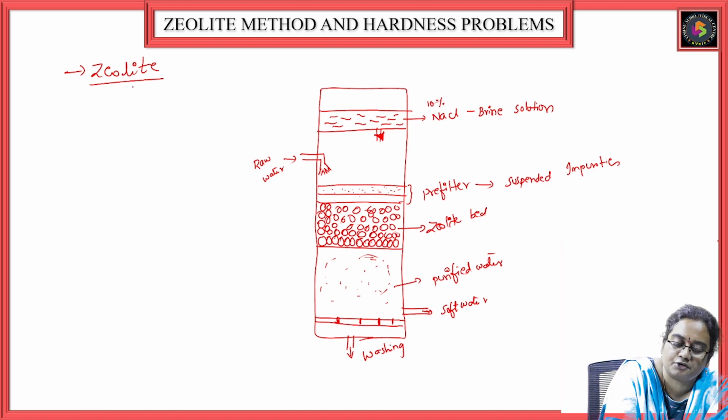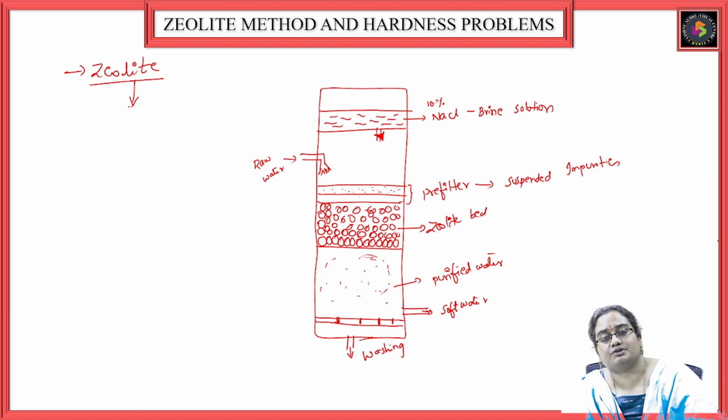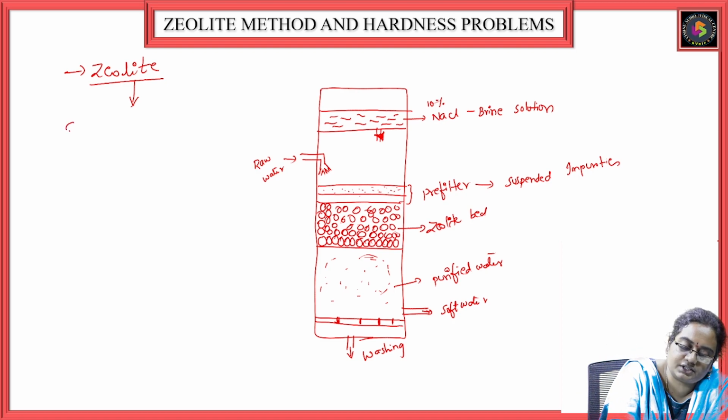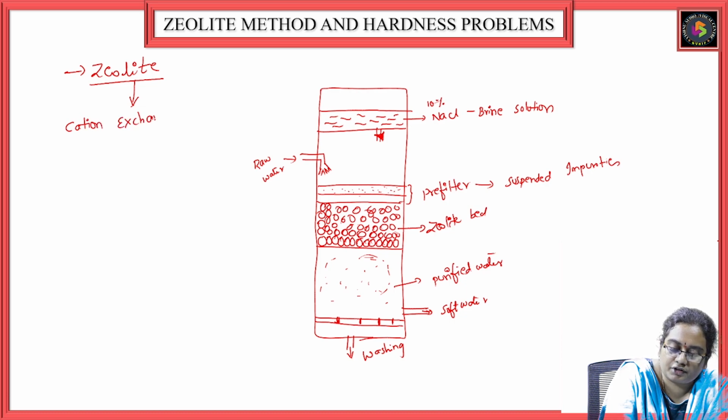Before that, let me explain what you mean by a zeolite. Zeolite is known as a cation exchanger. It is known as a cation exchanger, very, very important for your objective questions or in the fill in the blanks also. Zeolite means it is nothing but